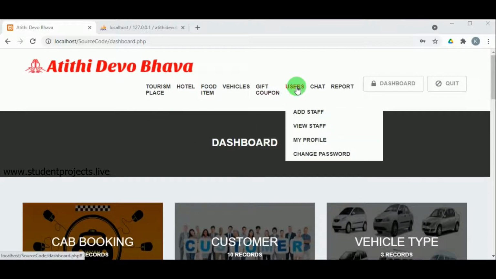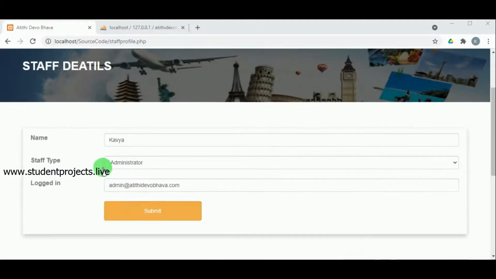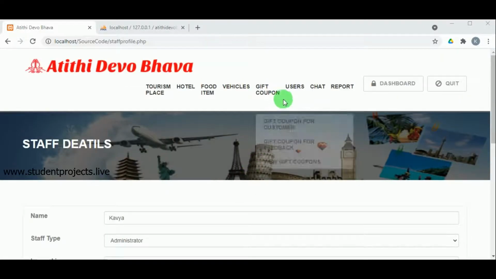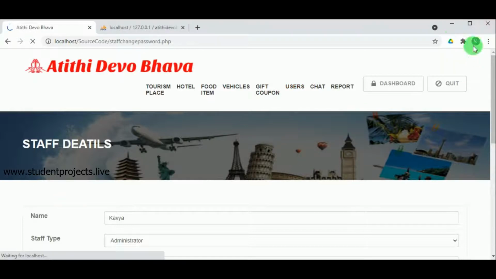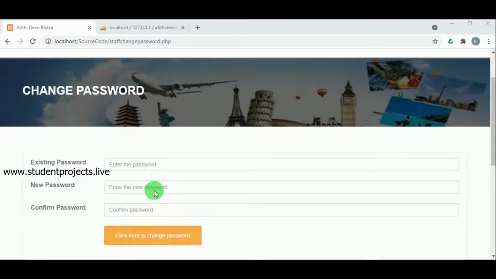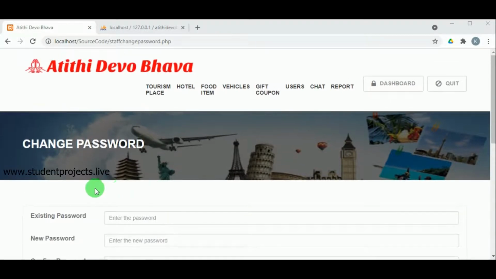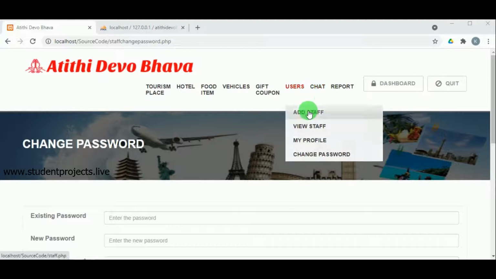Under user panel in my profile, here the admin or the staff can make changes to their account details, and in change password, the admin or the staff can change their password. They must enter the existing, new and the old password. Under add staff,